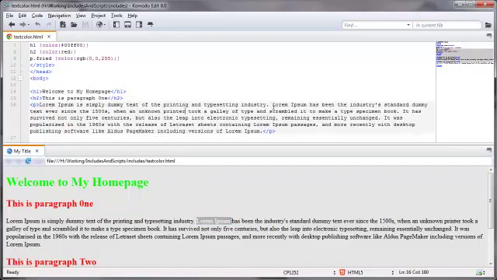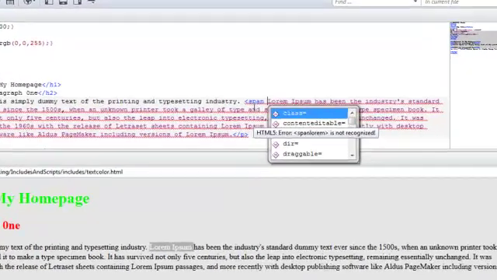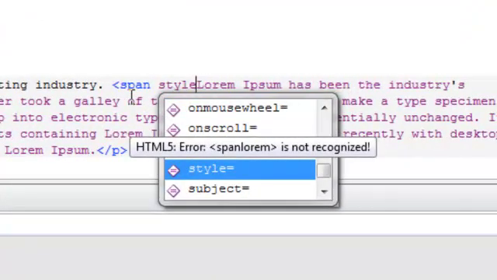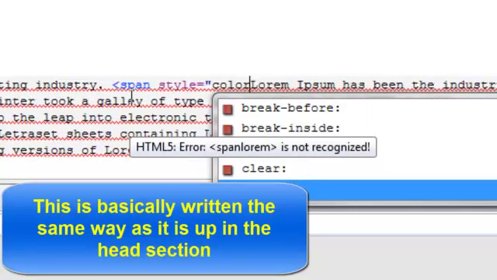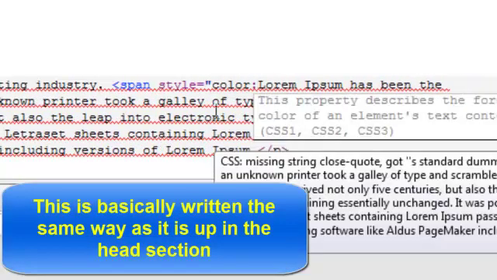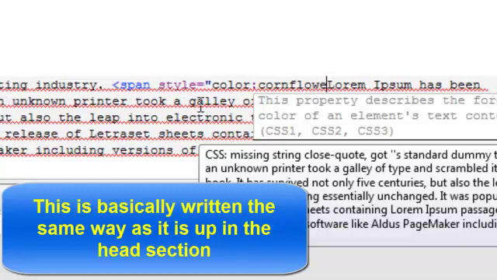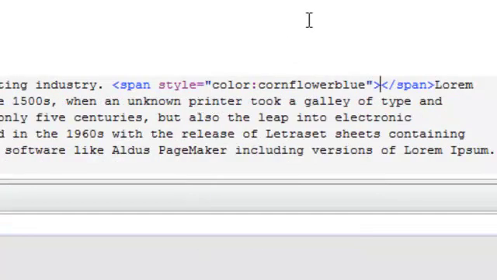First paragraph, right here. So at the beginning, we want to put our opening span tag. Then we want to put a space. Then we want to put in the word style equals, then our opening double quote, the word color, colon. And in this example, I'm going to use the color name, and I'm going to go cornflower blue. Then let's close up those double quotes, close that opening span tag,